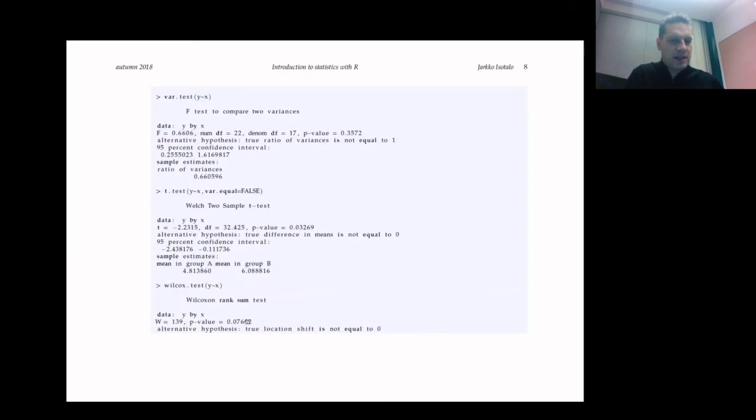Because this test is not as powerful as the t-test, this test basically says that we don't have enough evidence if we choose the significance level of 5%. Based on the Wilcoxon test value, we would still consider that these two populations are on average